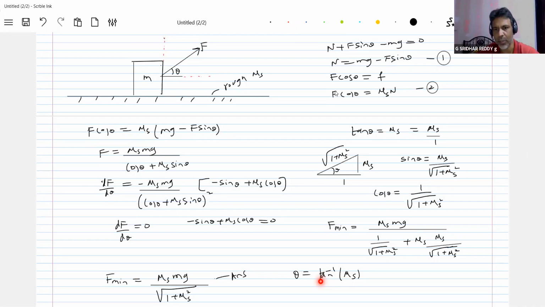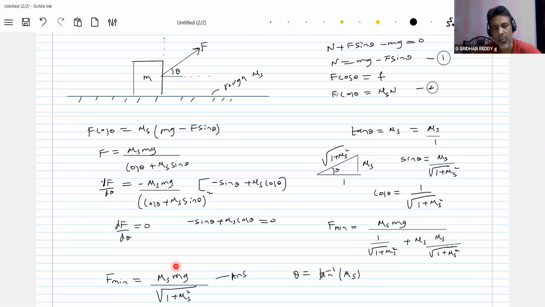Previous case also we took theta. There it was different. Here there's a different situation. So what is that angle at which I should apply the force? Tan inverse of mu s. That one is telling one specific angle is there. Then how much is that force? Mu s mg by root of 1 plus mu s square. Is it less than mu s mg? Yes, it is. So if the question is asked, find the minimum pull force required to pull the block,